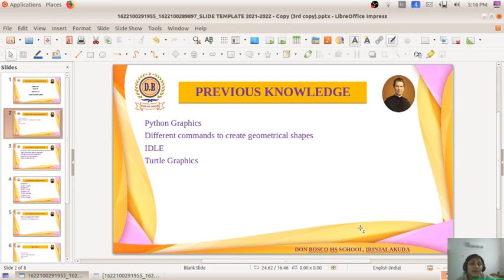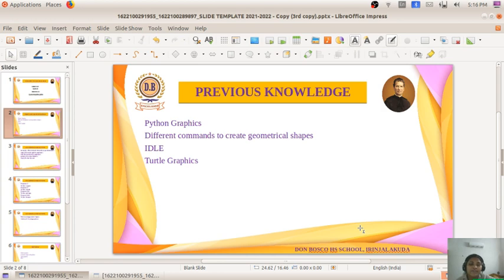IDLE is an integrated development environment used to create these Python programs. Geany is also one example. So what is this IDE? IDE is the integrated development environment. It is a platform to compile and run programming languages.